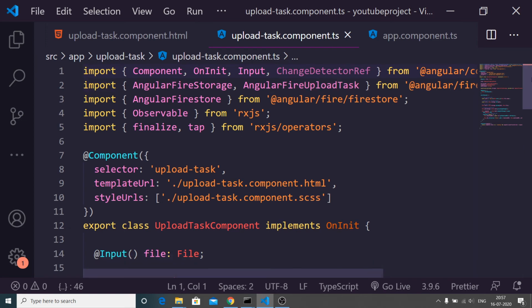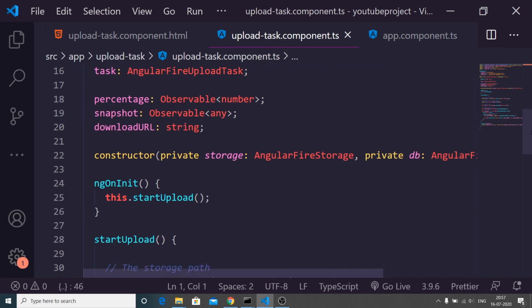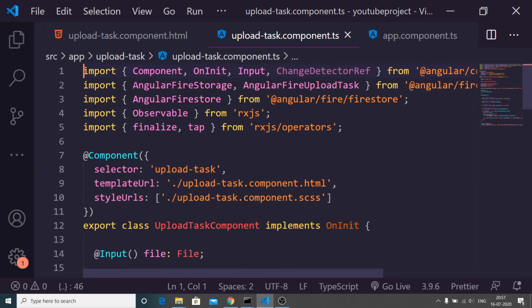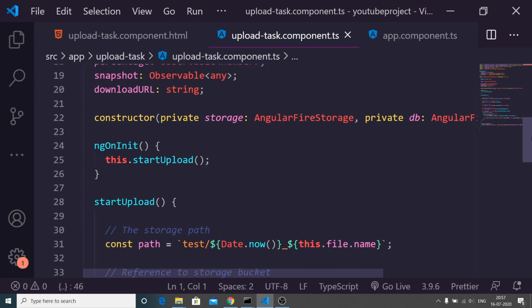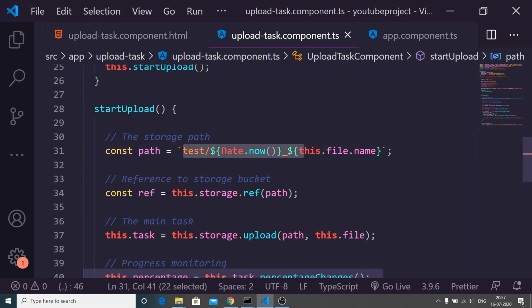Inside this file, we are communicating with Firebase using Angular Fire. We are using the libraries Angular Fire Storage and Angular Fire Upload Task, which are inside Angular Fire. We are making the path here, you can see the dynamic path. We are using a date function, Date.now, and then concatenating it with the file name. So every time an image is uploaded, it will have a unique name.